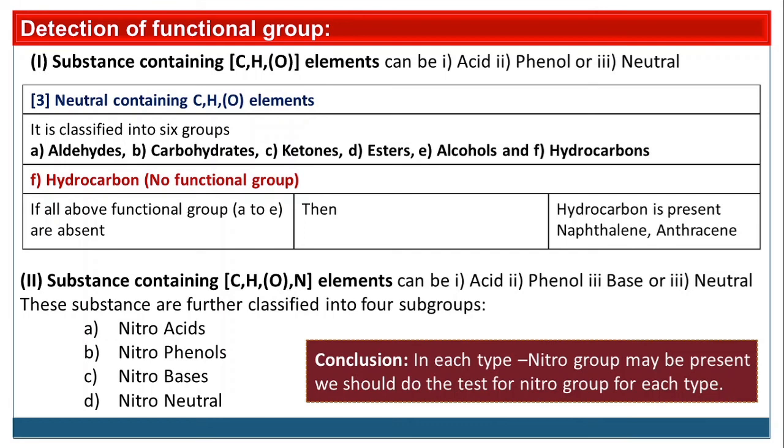Friends, if you know the functional group and the compound, then take a physical constant like melting point and boiling point. According to that you confirm your compound. Suppose here hydrocarbon is there, naphthalene and anthracene. Take the melting point. If melting point is around 70, then you can say that it is naphthalene. If the melting point is about 200, then you can say that it may be anthracene. So you compare the melting point with the organic compounds and you conclude and confirm which organic compound is present in your sample.